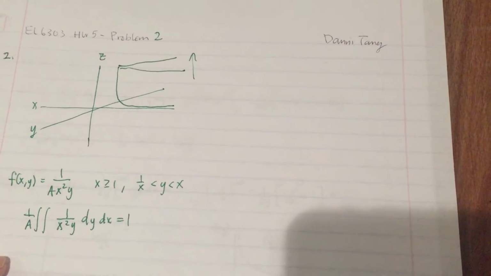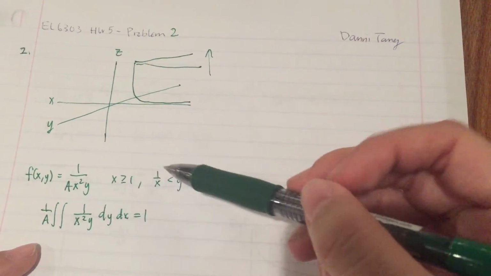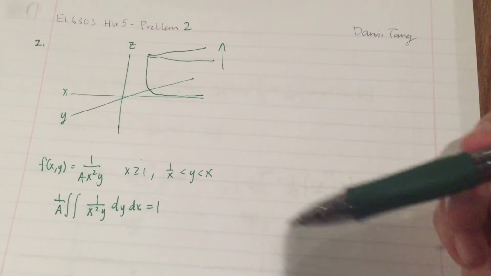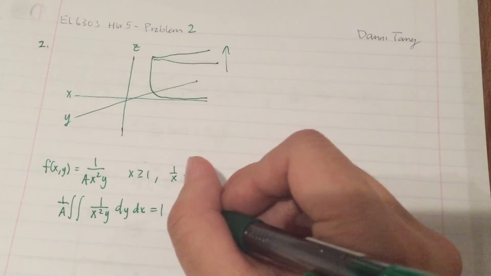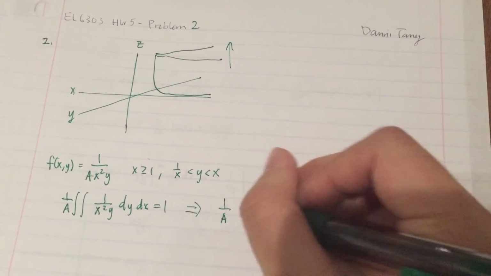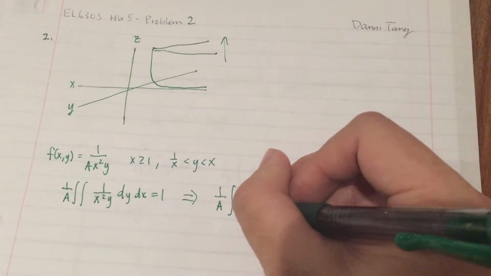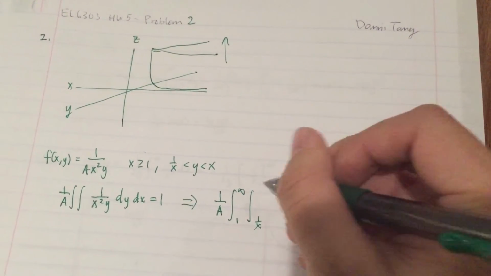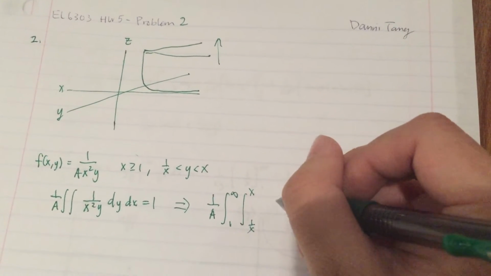The limits for this double integral come from these two conditions. So when you write it out, it looks like this: 1 to infinity for x, 1 over x to x for y,